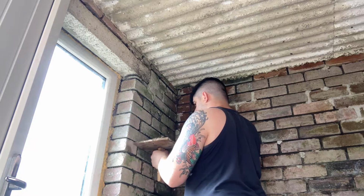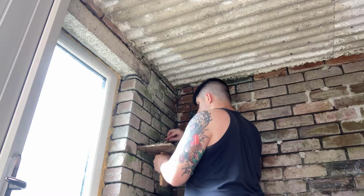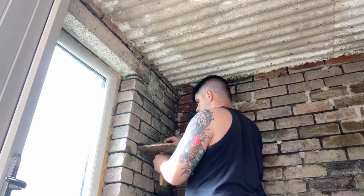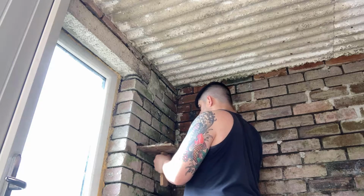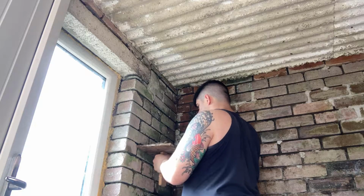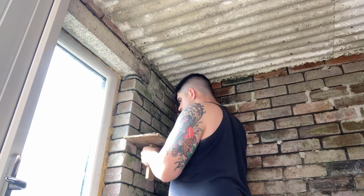And obviously the tanking slurry is quite expensive, so you don't really want to be trying to fill gaps like this with the slurry itself. So it's much cheaper and easier, in fact, to do it with just a standard sand and cement mix. So the mix that I'm using here is 5 parts sand, 1 part cement,